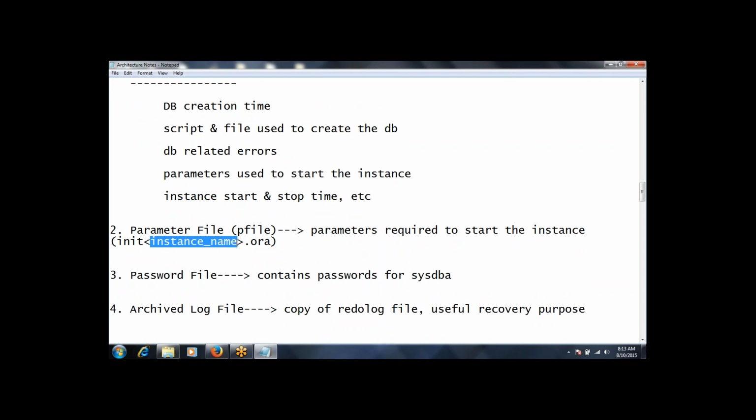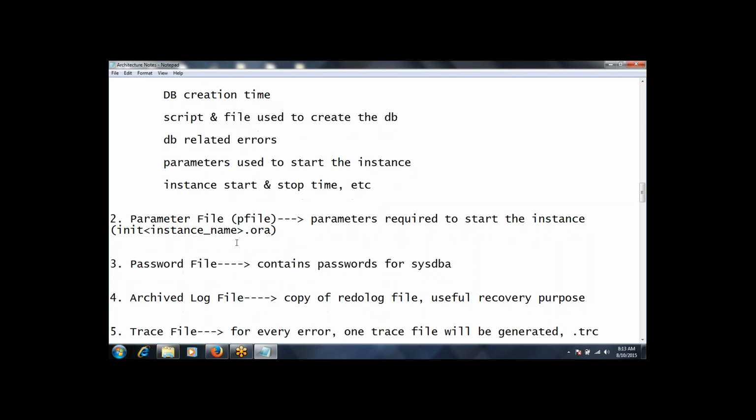In our case, it will be ORADB1, dot ORA. That means initORADB1.ora is the parameter file name in our database. Next is the password file. The password file contains the password for the sys user, as I told you. So this is also one of the important files.